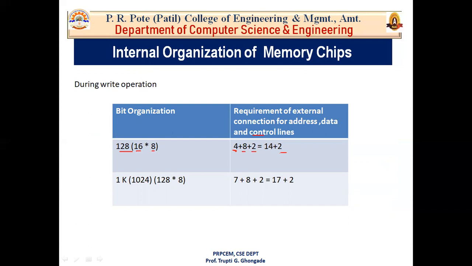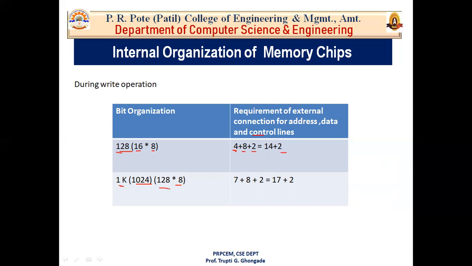Okay, so take another example where you have a memory organization of 1 kilobyte. Now this was a 128-bit memory organization, that is 16 bytes. Now let's consider we have a memory organization of 1 kilobyte. So 1 KB means 1024 bytes. So again, if each word line stores 8 bits of data, then how many word lines do you require? We will require 128 word lines.